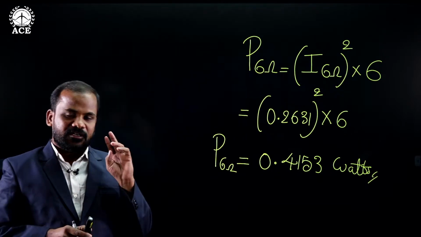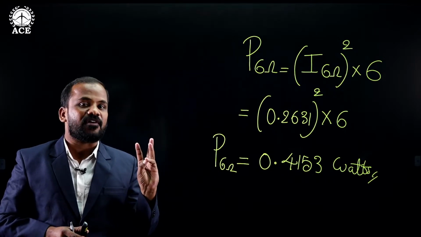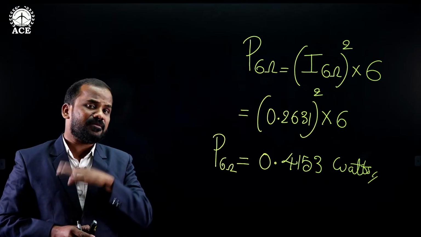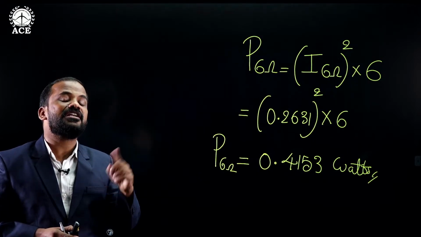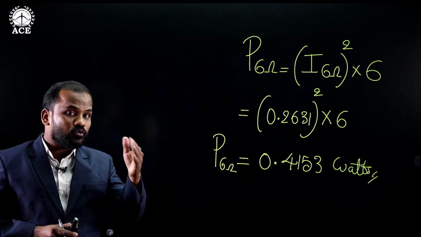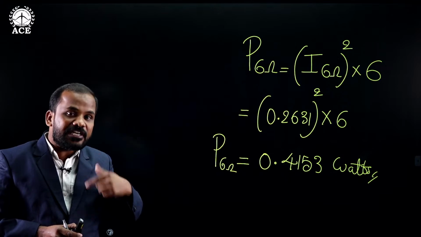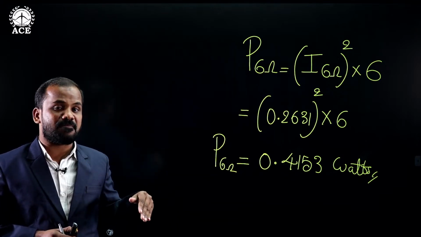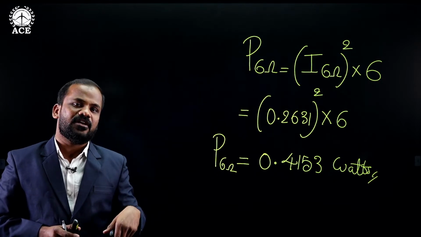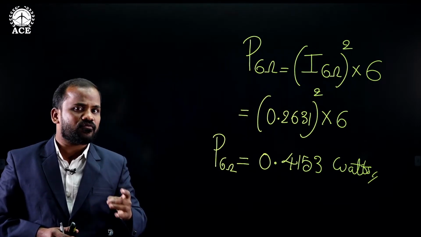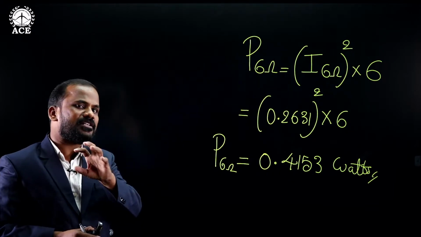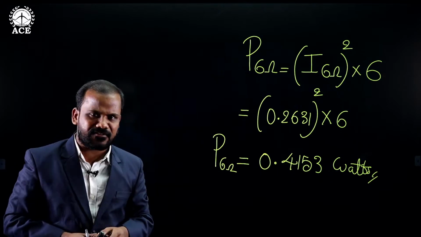Again I am repeating. First, identify the load resistance in the given network and disconnect it from the network. Then the remaining network becomes a two-terminal linear network. Step number 2: I need to replace that two-terminal linear network by the two-terminal equivalent circuit of Thevenin's theorem by calculating the Thevenin resistance as well as the Thevenin voltage. How to find the Thevenin voltage and the Thevenin resistance we discussed. After getting these two values, we need to place them in the equivalent circuit of Thevenin's theorem